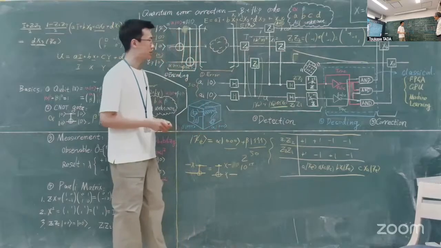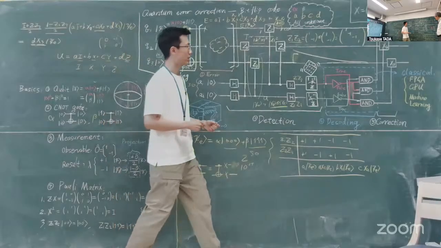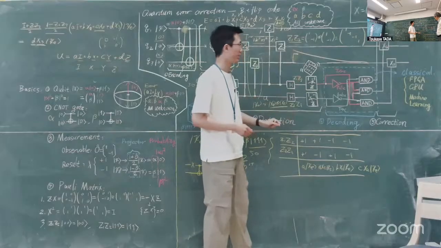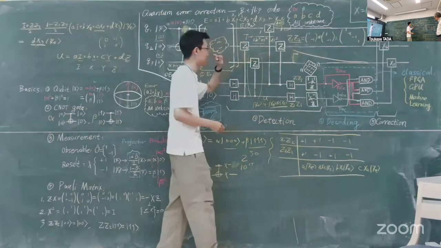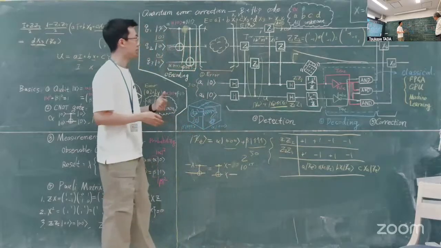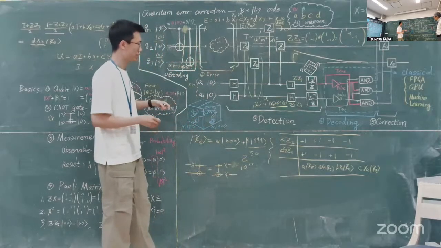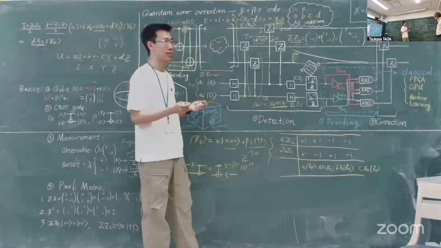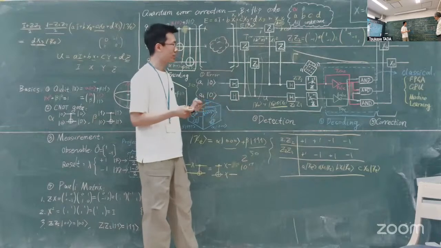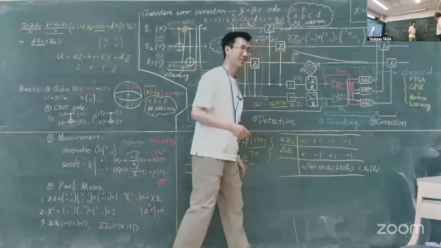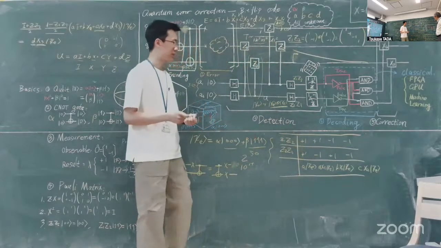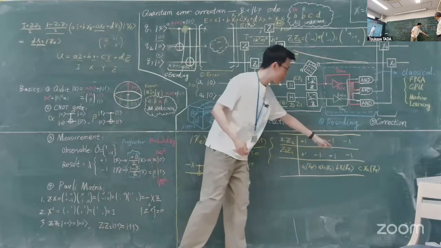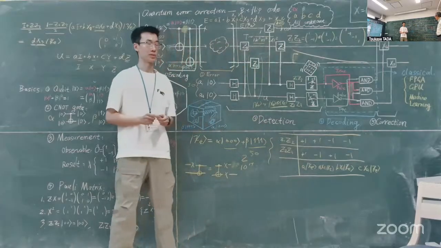And for the algorithm side, even if you have some machine learning, you still have some possibility of a wrong correction. Because in practical error correction codes, there is no 1-to-1 correspondence, but maybe many-to-1 or 1-to-many correspondence. So usually you will take the wrong error correction and the corrected results are still wrong. So we want to make this 1-to-1 correspondence as accurate as possible on the algorithm side.